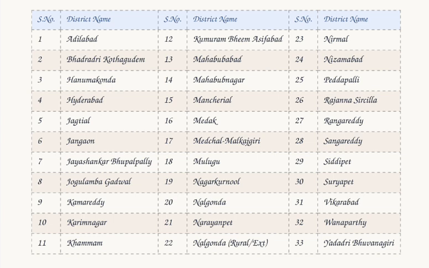The first one is Adilabad, second Bhadradri Kothagudem, third Hanumakonda, fourth Hyderabad, fifth Jagtial, sixth Jangaon, seventh Jayashankar Bhupalpally, eighth Jogulamba Gadwal, ninth Kamareddy, 10th Karimnagar, 11th Khammam, 12th Kumuram Bheem Asifabad, 13 Mahabubabad, 14 Mahabubnagar, 15 Mancherial, 16 Medak, 17 Medchal-Malkajgiri, 18th Mulugu, 19 Nagarkurnool, 20th Nalgonda, 21 Narayanpet,